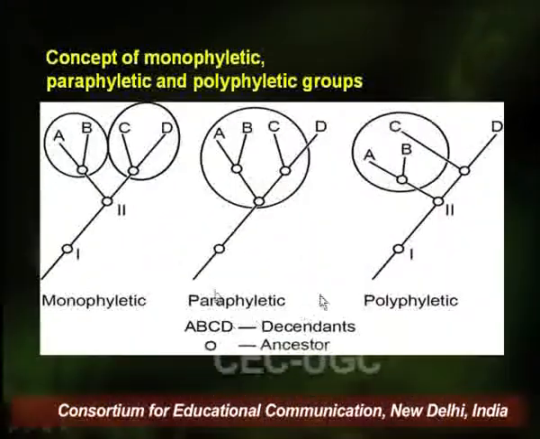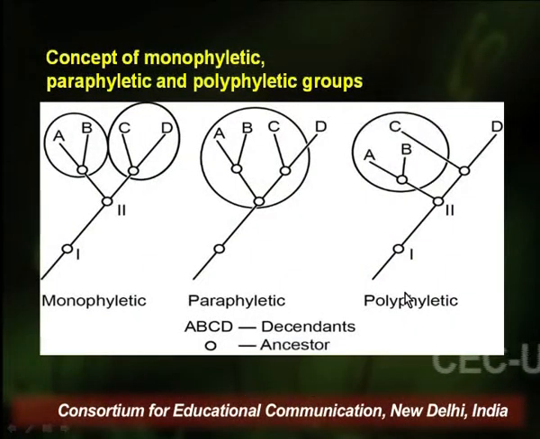Now, what are polyphyletic groups? A group comprising members from separate evolutionary lines is called polyphyletic. We can see in this slide there is a comparison of monophyletic, paraphyletic and polyphyletic. Through this slide, we can understand the concept of monophyly. In this monophyletic concept, we can see that the taxa AB are monophyletic for recent ancestor 2. AB and CD are monophyletic for ancestor 2, whereas A, B, C, D overall are monophyletic for the ancestor 1.